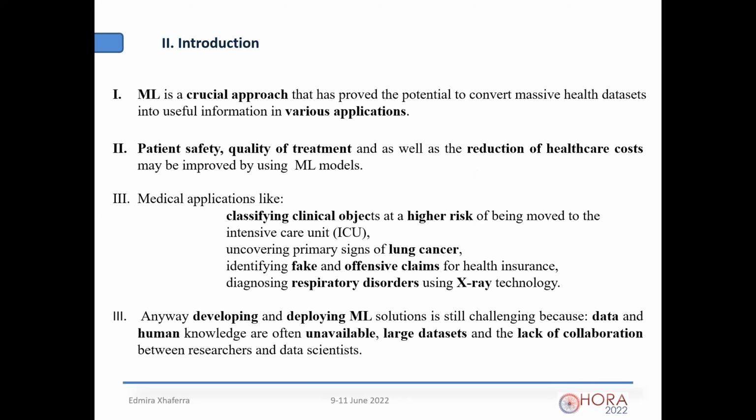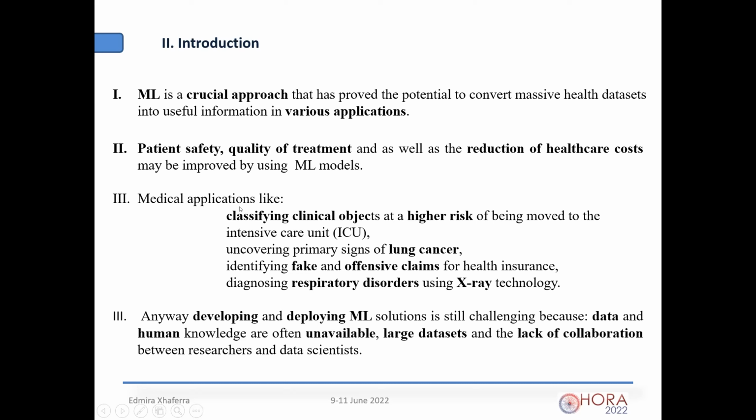Due to vast gathering of healthcare data via electronic clinical records or digital health devices, machine learning is a crucial approach that has proved the potential to convert those massive health data sets into useful information in various applications. Also, patient safety, quality of treatment, as well as the reduction of healthcare costs may be improved by using